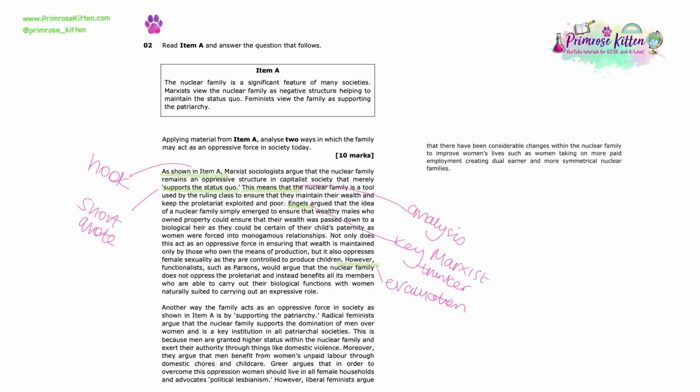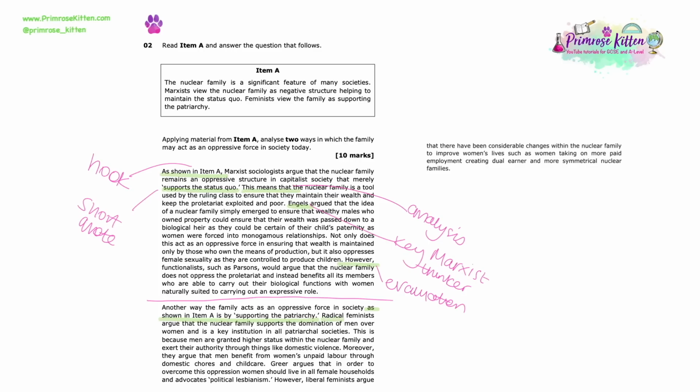So once again, I leave a line between one paragraph and the next to show the examiner that I am now applying my second point, and I'm starting in exactly the same way again, showing the examiner I am pulling an idea from the item. This time I am quoting supporting the patriarchy. So I've already used my Marxist argument. Now it makes sense to address the second part of the item, move on to my other conflict structural theory,